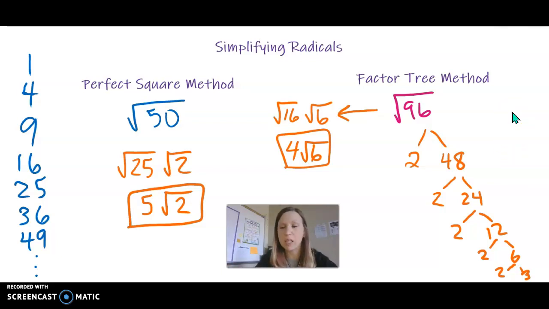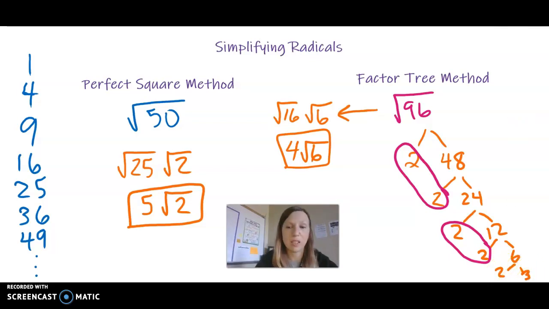So for instance, right here, I have a pair of 2s. Here I have a pair of 2s. And then I have an extra 2 and an extra 3. So here's how I'm going to write my final answer. Okay. Over here,